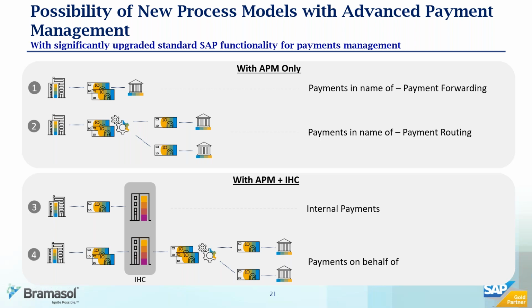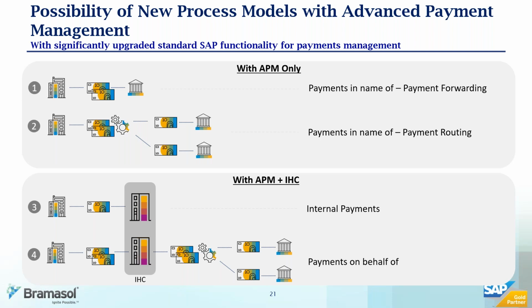In essence, what you're able to do in scenarios 1 and 2 is have these payments generated from different sources or a single source in different formats or a single format, bring them over to an advanced payment management tool, and make a variety of decisions around making the data quality better, routing, clearing, and exception management. And then you can send them out to the external entities, which in this case are banks. You're not utilizing in-house banking in scenario 1 and 2.